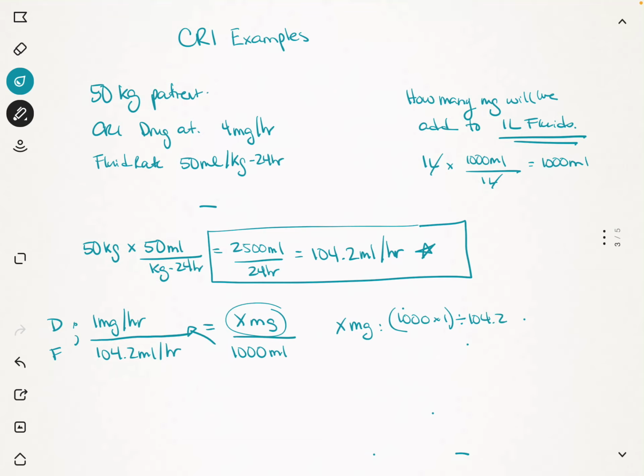Okay, so 1,000 divided by 104.2 goes ahead and gives us 9.59, or let's round up to 9.6 mils, my apologies, milligrams, not mils, 9.6 milligrams in 1,000 mils fluid. Okay,